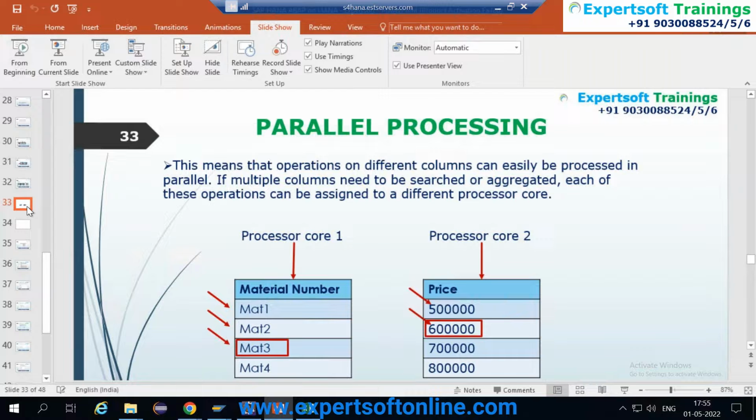There are compression techniques also, but I don't think it will be helpful for you to learn them. They give an index to every value and compress the data, which makes the HANA database faster. In real time, you will not be able to see that, but you should know that at the backend compression techniques are also applied, and there are multiple compression techniques.